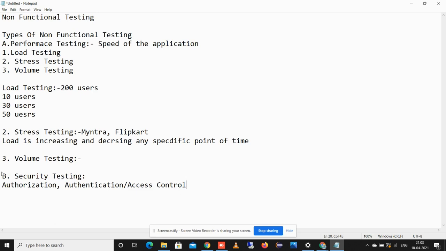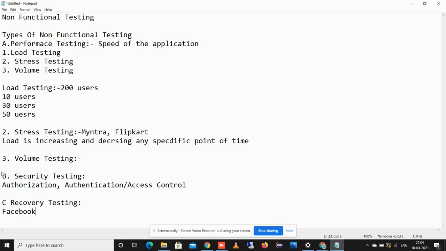Then after the security testing, we will proceed with the recovery testing. Sometimes the application goes into an unstable state. For example, when we are working and suddenly the system is shut down and the application is broken, some interruption happens. For example, we are accessing the Facebook application and we enter some data into the application, and after that some interruption happens and the application is closed.